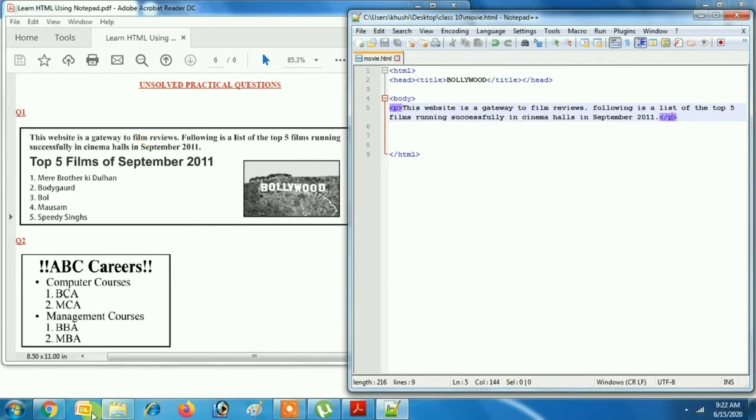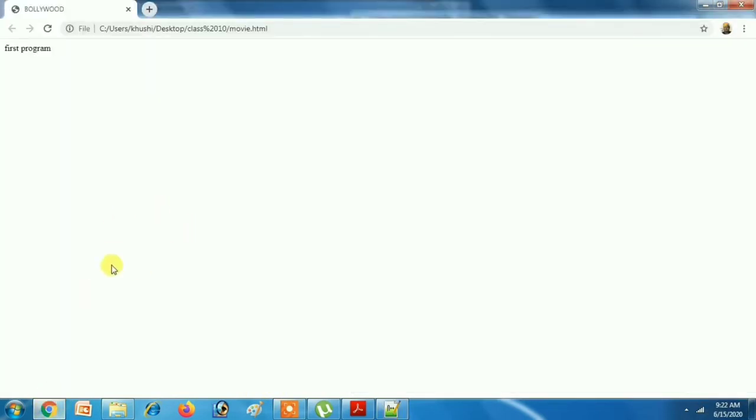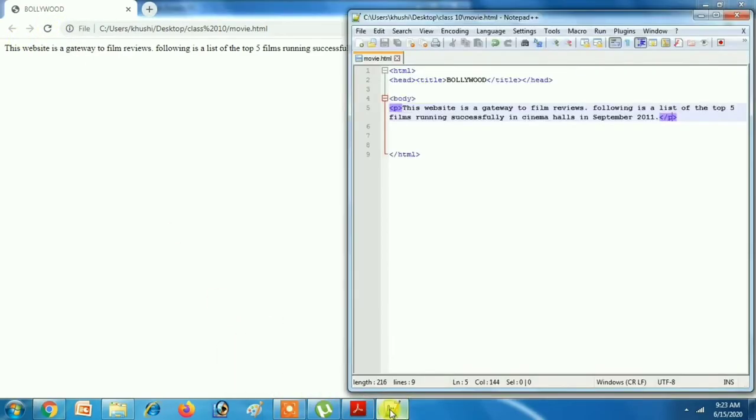Let's see the output in the web browser. It is Chrome. On my laptop Chrome is the default web browser. Whatever is the default web browser on your PC you can use. Here you can click on this button to refresh. Otherwise I use the shortcut F5. Got it? We can use F5 to refresh, or you can use this button to reload the program in the browser.